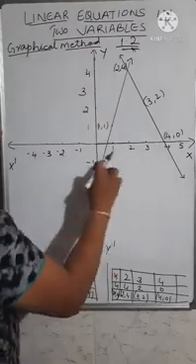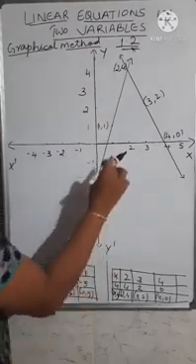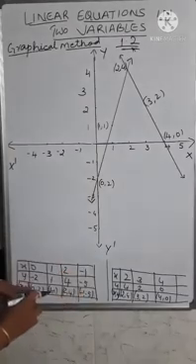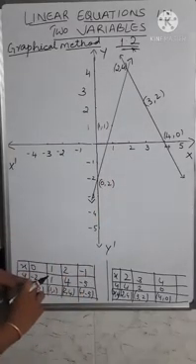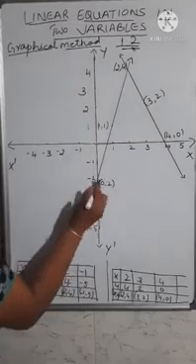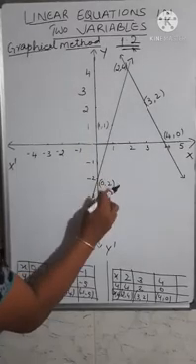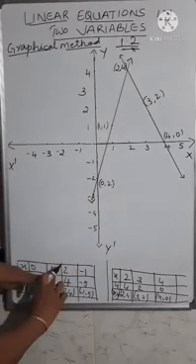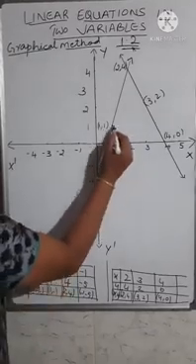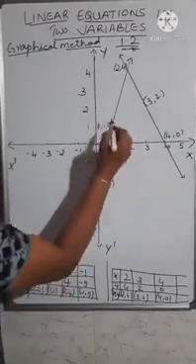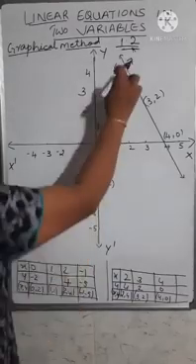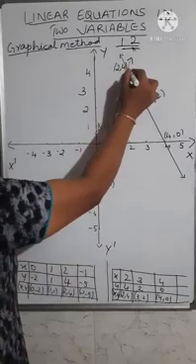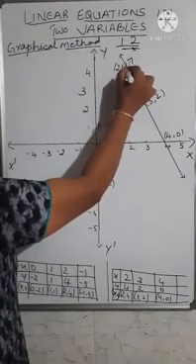So after drawing the x-axis and y-axis and taking the values, now you have to plot these points on the graph. The first value you got is 0 and -2. 0, -2, you get it here. Just put a dot and write the coordinates. Now you got 1, 1. So 1, 1, you get it here. Just put a dot and write 1, 1. Then you got 2, 4. So 2, 4, you get it here. Just put a dot and write the coordinates 2, 4.